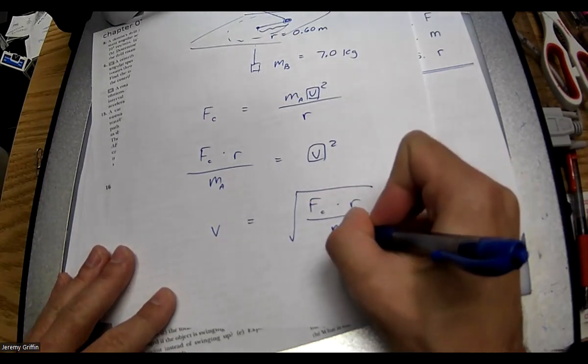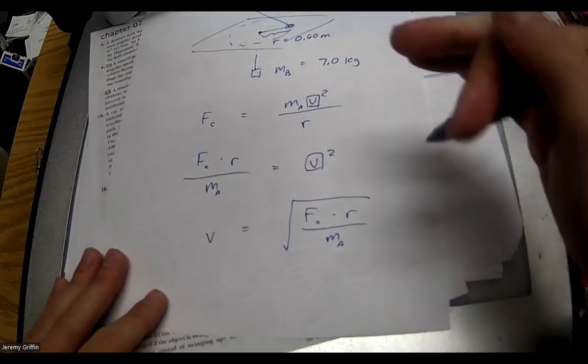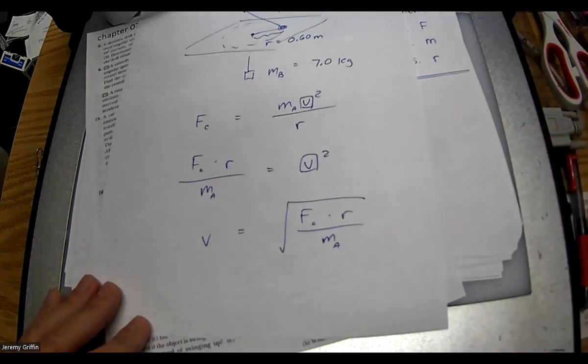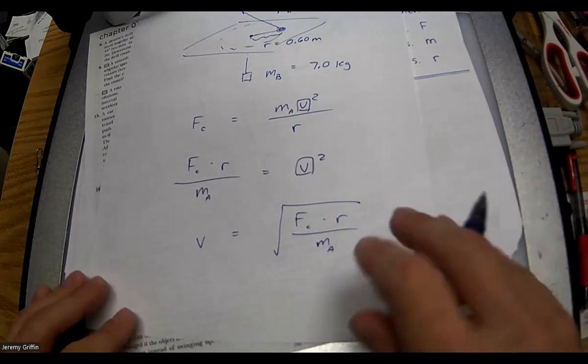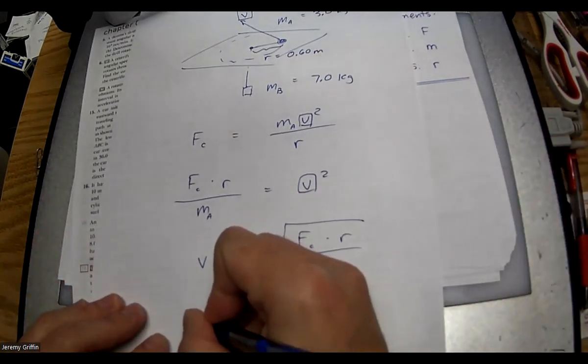Like that? Is that true? Okay. Just a little bit of algebra, switch around just in terms of variables. Okay, you guys solve in terms of variables, right? Okay. And then pop in some numbers. You could have popped in the numbers to start with, but it's good practice to be able to do it